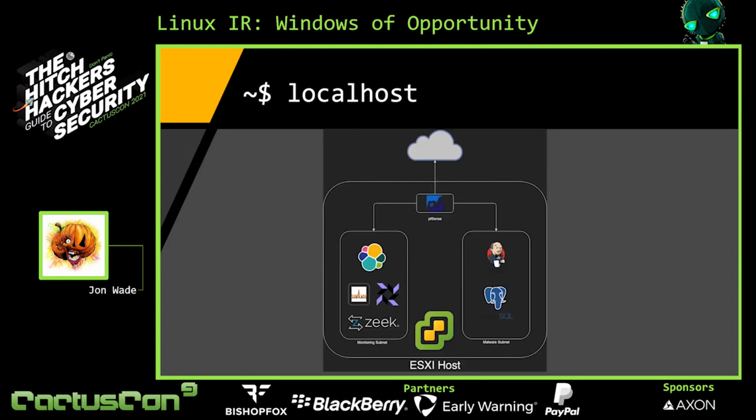So here's the very basic home lab setup that we've got. We have network segmentation set up for malware versus monitoring. That's going through a pfSense router virtual machine, so that manages the ACLs for us. Malware is only talking to what it absolutely has to talk to. Pretty straightforward there. The malware hosts have, like I said, the Elastic agent installed for the log collection.